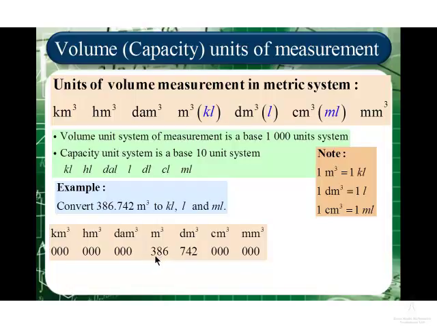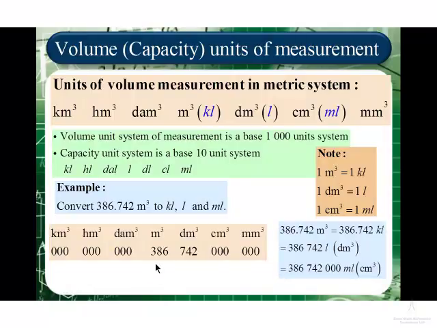Now, to move from cubic meters to kiloliter, liter, and milliliter respectively, or to transform this particular measurement as requested, we have to look at the number of positions to the right and to the left that will represent kiloliter, liter, and milliliter respectively. But note that cubic meters correspond to kiloliter. So we have, in fact, here also